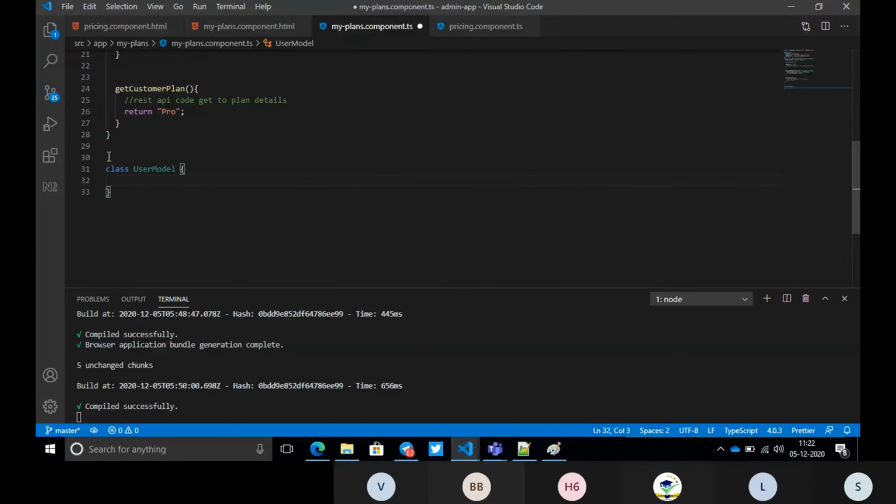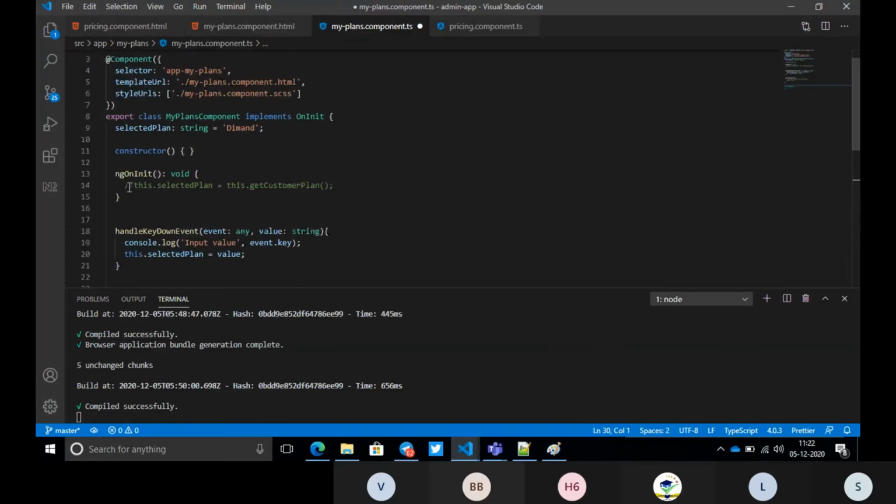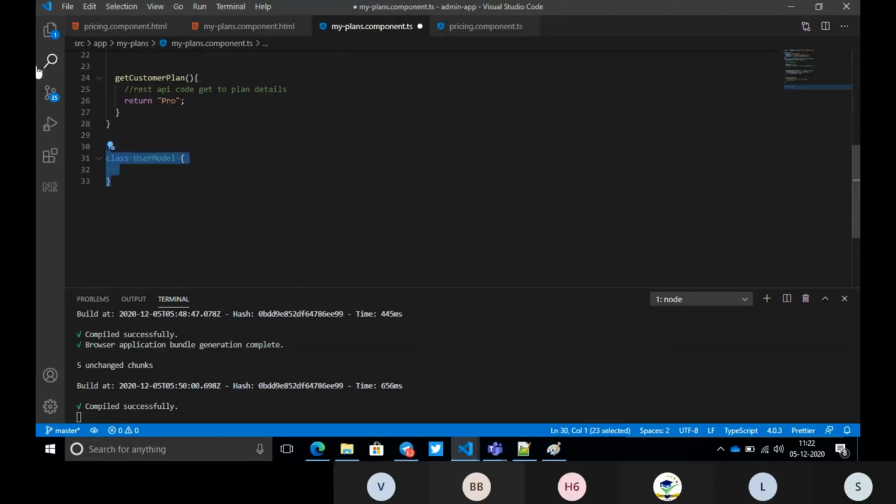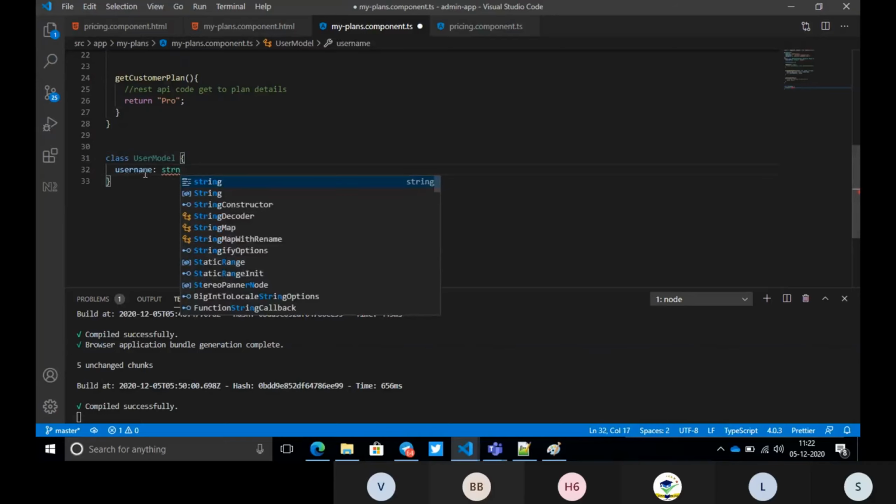This is not a component, it is just a class. If it were a component, we would write the @Component annotation, but it is just our model. I can write it in a new file, but for time's sake I'm writing it here. How many variables do I need? Two variables. One is username, a string type.